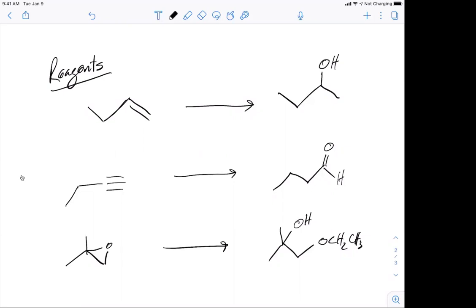Okay, so here, if we look at this one, right? So we are going to get a Markovnikov alcohol, right? All right, so we're starting with an alkene. So I have two choices here. I have water and acid, right? Or I could use mercury acetate with water, right? If you don't use water there, then you won't get the alcohol,